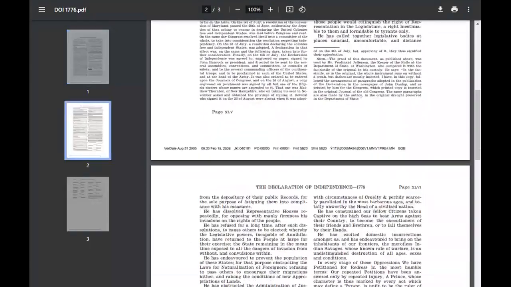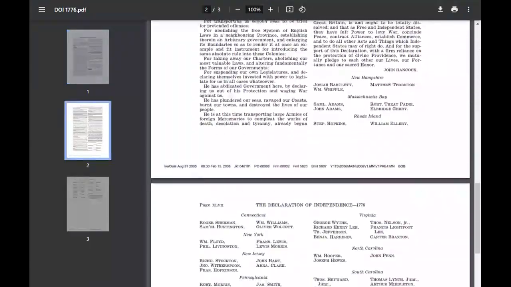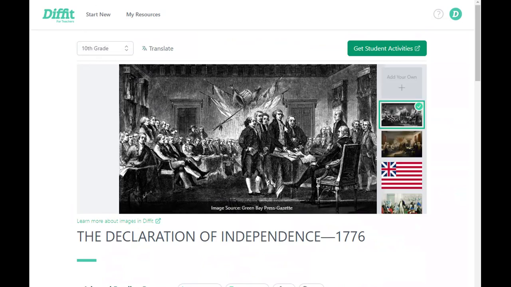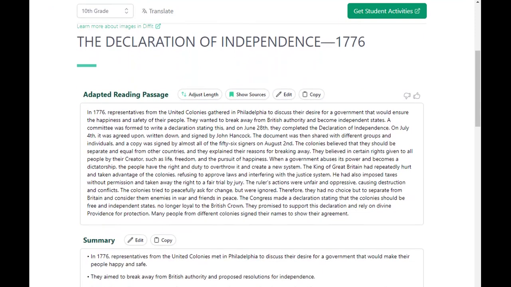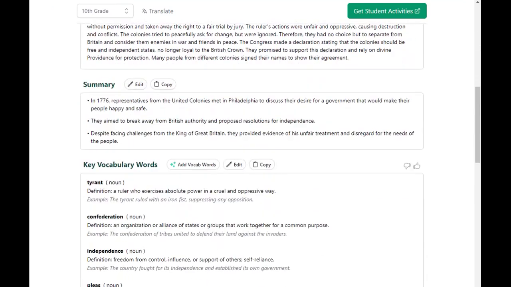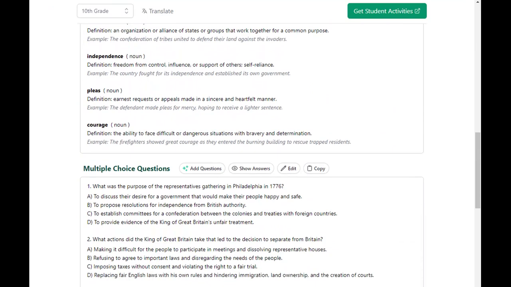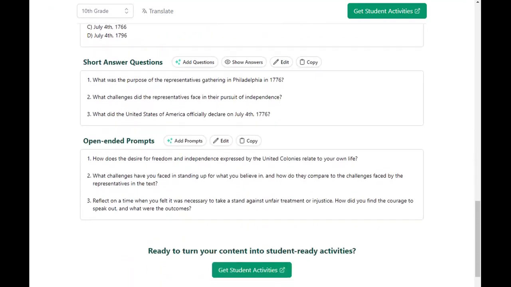So here's what that original PDF looked like of the Declaration of Independence. Once I loaded it into Diffit, set it for that 10th grade level, it suggested an image. Of course, I can see the image sourcing information. It rewrote and adapted the passage to be a shorter summary at that 10th grade reading level. We have the summary bullet points, key vocabulary words with definition and example sentence, multiple choice questions, short answer questions,